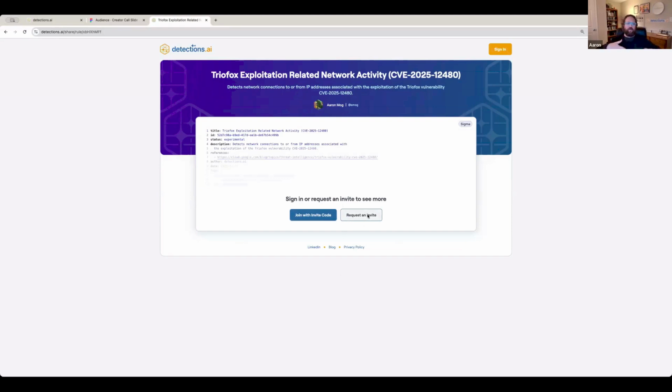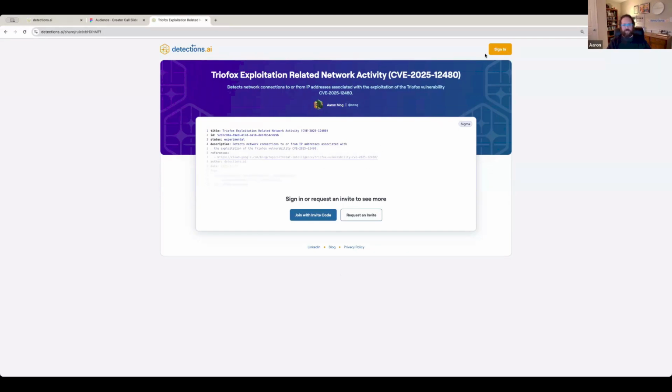And again, if you're doing it for an audience and you want them to join your group, you should use group codes. But if you just want to publish a detection for the world to see, and you're not really worried about them following you or anything, you just want to do it for community reasons, this is great because then this process is taken care of by us. So we'll deal with the invite codes and the requests for invites. So this is really cool.